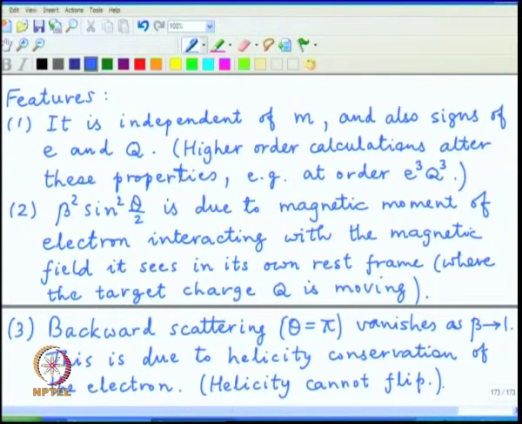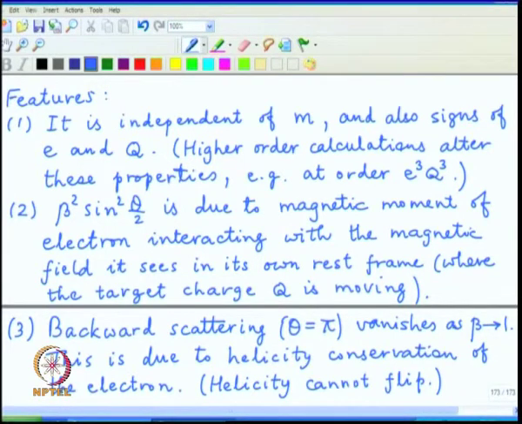And this is also a very useful feature to see, not only in this Coulomb scattering, but in many other processes where, if you have an ultrarelativistic particle, the conservation of helicity produces a restriction on backward scattering. As a matter of fact, we saw this feature earlier in studying the properties of graphene, where indeed there is a massless excitation and its properties are governed by conservation of helicity rules.